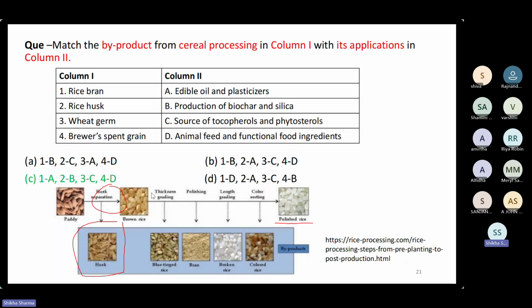So first is the thickness and the grading stage, where blue tinged rice will be separated. After that polishing is done, and when polishing is done, the bran layer is removed from the brown rice, and then the length grading is there, so broken rice will be separated. After that color sorting is there, so colored rice will be separated, and the polished rice only is used for the food. So there are these different byproducts produced